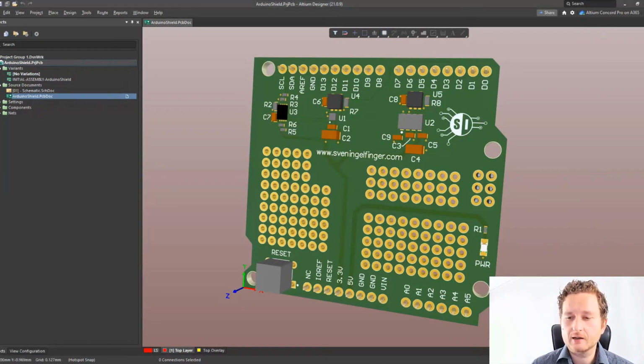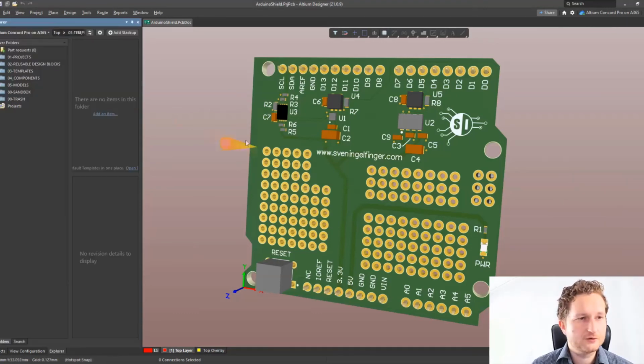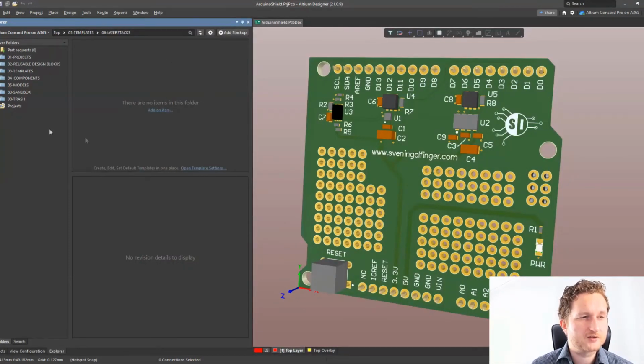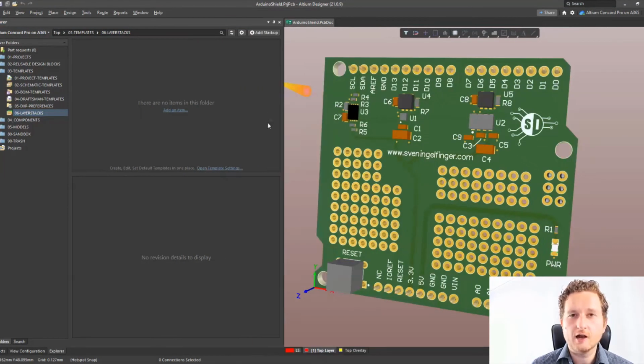Just open the panel Explorer to get a view into your server, and from there, as you can see, there's my personal Concord Pro installation in this Explorer panel. I have a category or folder, it's called Templates, and underneath there's a layer stackup folder. Currently the folder is empty, so I want to show you how you can now add an item, a PCB stackup item to this folder, and how to add a template which we have downloaded from the website